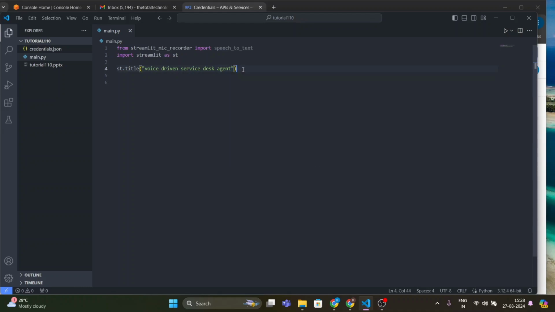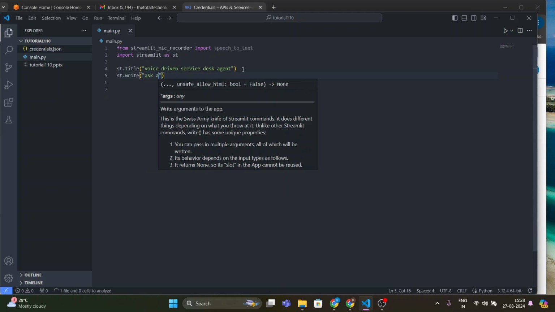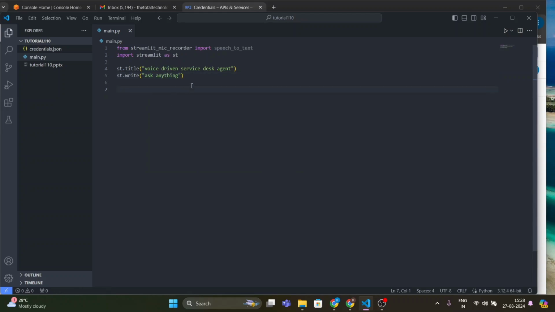Okay, and then ask anything. So basically it will read your email, read your inbox, and perform the task whatever is received on your inbox. Now we'll create a variable called text, and there I'll just write speech to text,